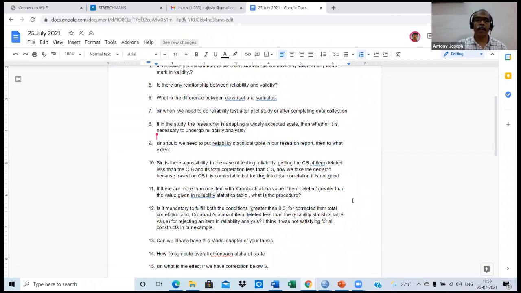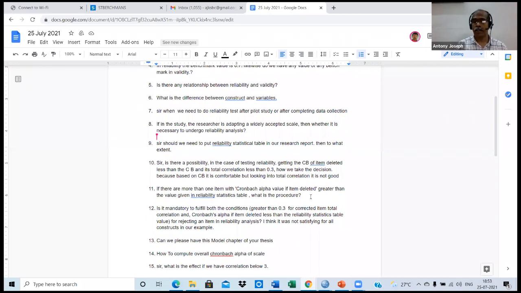If there is more than one item with the Cronbach alpha if item deleted greater than the value given in the reliability statistics table, what is the procedure? Okay, very good question. Nice question. There are some instances where such things happen. Remember, if there are more items, the best possible method is to delete the item with the highest Cronbach alpha if item deleted.